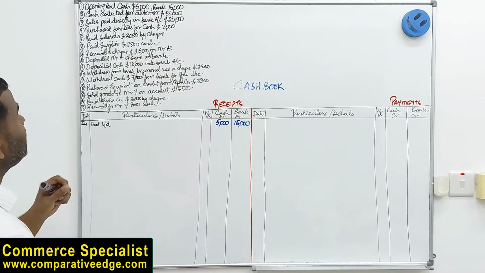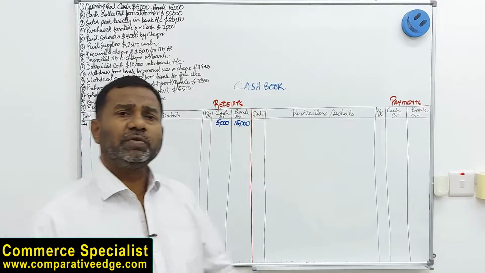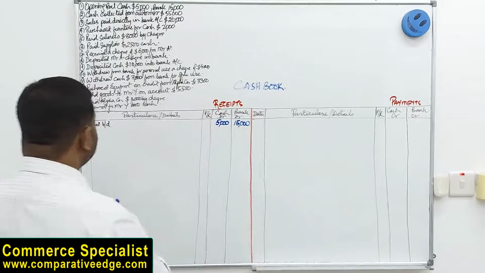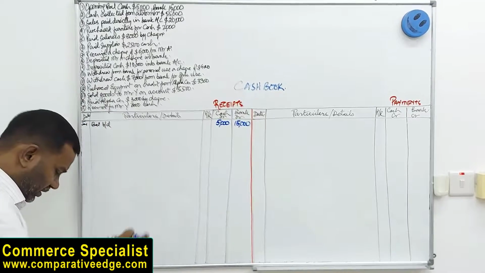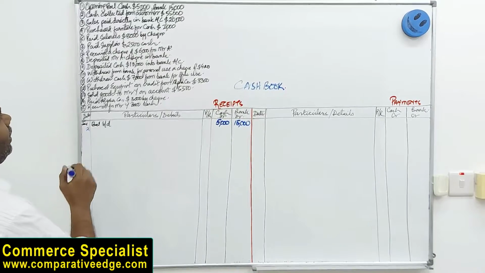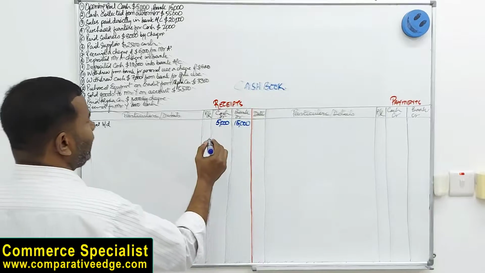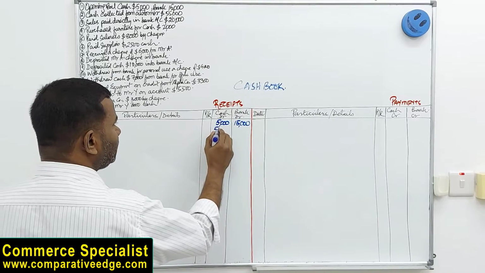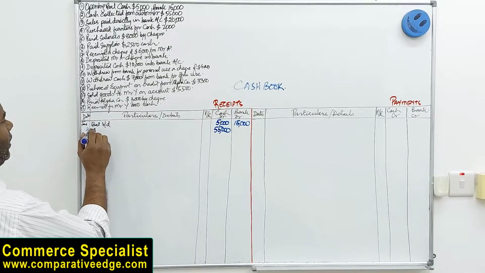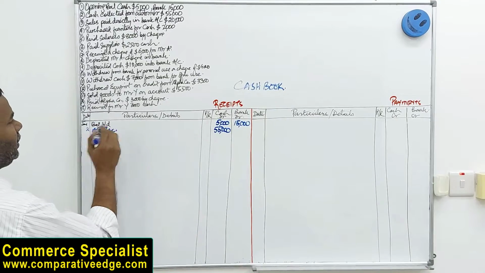Transaction 2, it says cash collected from customers. Customers are paying us, cash is coming in. So this is the receipt side. If cash is coming in, we have to record on the receipt side. It is a receipt, we are receiving money. So second, how much is it coming? 55,000. So in cash column, and here we write the reason, from customer, so you can write account receivable, cash